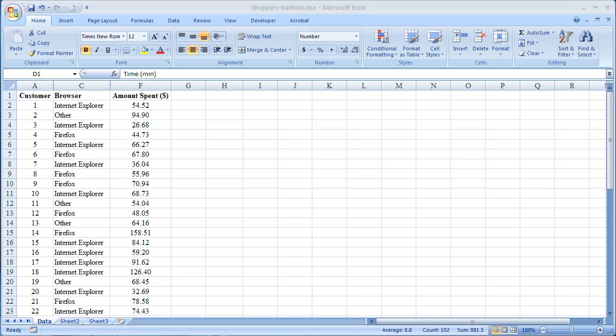In this tutorial we are going to see how to prepare a histogram using Excel. It's nothing but a bar chart, but for ratio scale data as opposed to qualitative data that we had before. So we are using the same Shopper's worksheet that we have been using throughout the first two tutorials, and you can see here we have a list of 50 customers, and we already know what internet browser they used for their online shopping. And now we have a new column which tells us how many dollars they spent when they